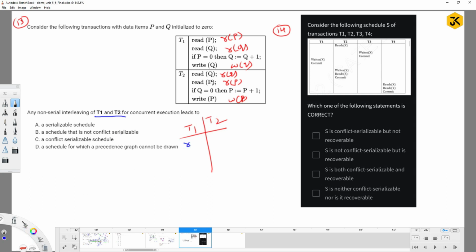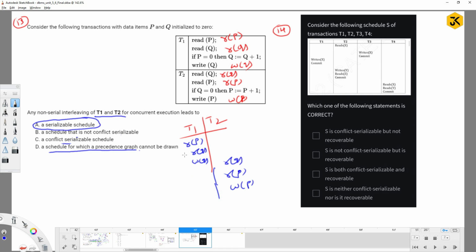See, they have given only some kind of serial schedule actually, and they are saying that it is a serializable schedule. If you would like to say that it is a serializable schedule, it should be conflict equivalent or conflict serializable, or they are saying that it is not conflict serializable. So based on the options you have to go, right? If I would like to say that it is a serializable schedule, it has to satisfy for all cases. And I can prove this one, or I can prove this one, or I cannot draw the dependency graph. If I take T1, T2, R of P, R of Q, write of Q, R of Q, R of P, write of P,